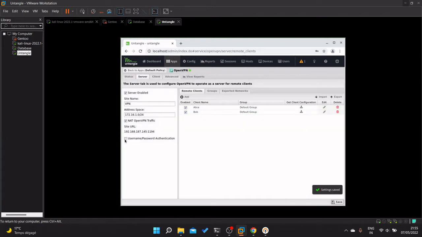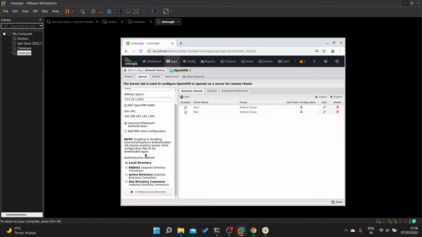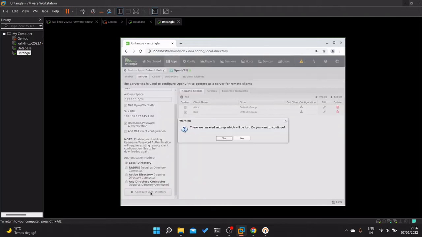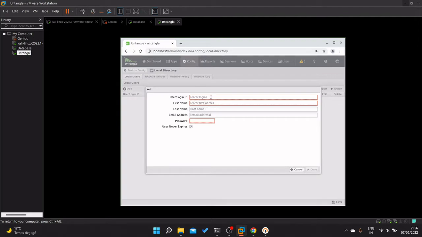One more thing: for security purposes, we can enable username and password authentication. In order to activate this, we need to create a directory for them, where the username and password details are stored, to verify that the actual users are connected to the server. So let's go to configure directory, and then we can just add the users. Our users are Alice